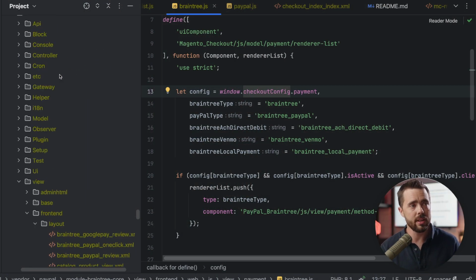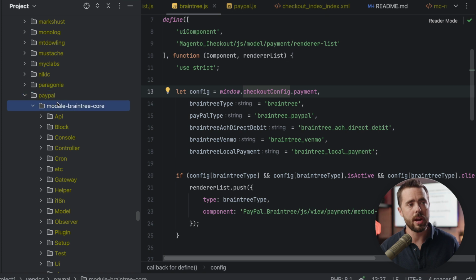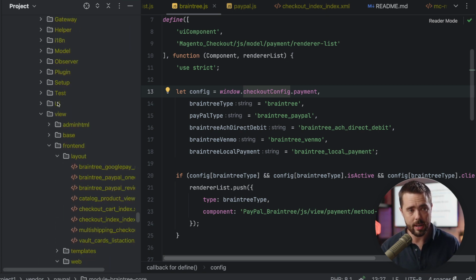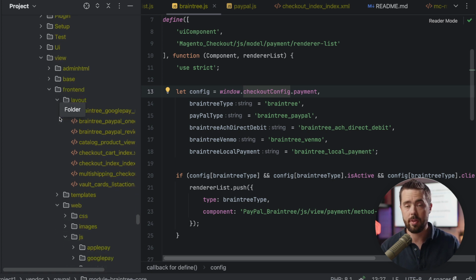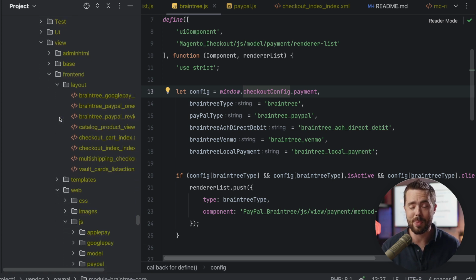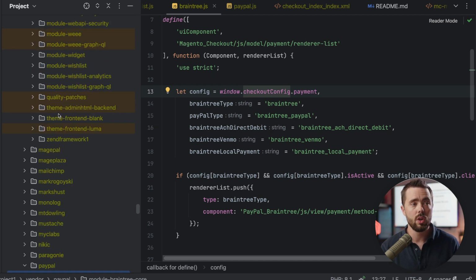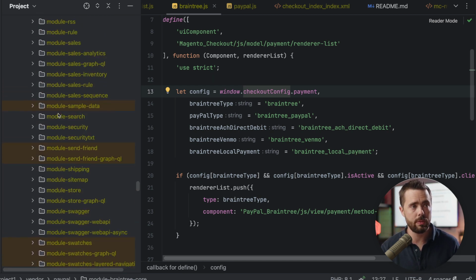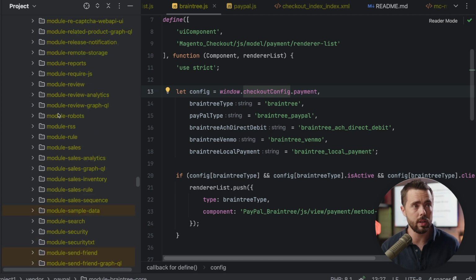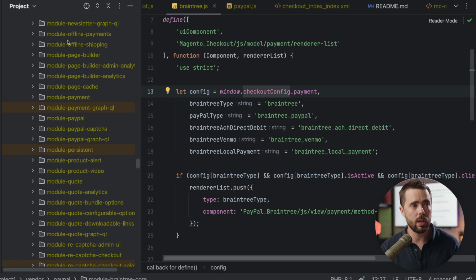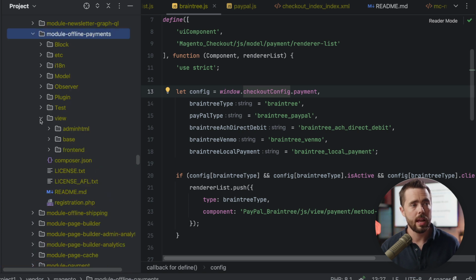So here in this case, we have our PayPal module Braintree core module. And what ends up being here is we have the files to power Braintree. Now, Braintree is definitely a bit on the complex side. If you want to look at more of the offline payments, specifically as was referenced in this Knowledge Bite question, we are going to scroll up here to offline payments,